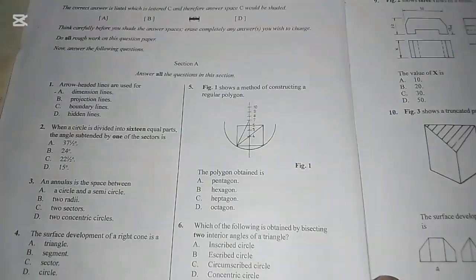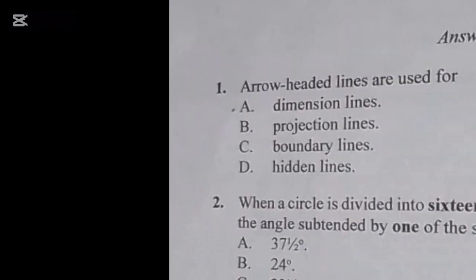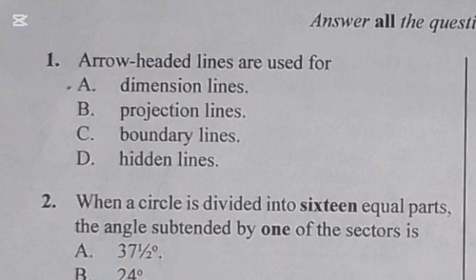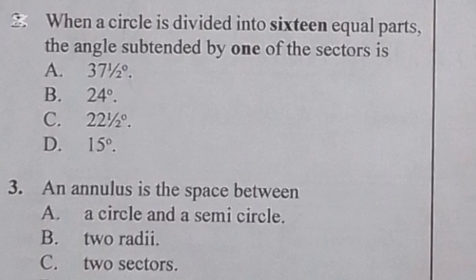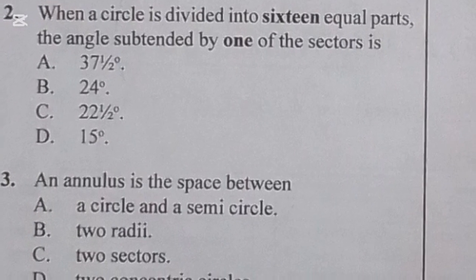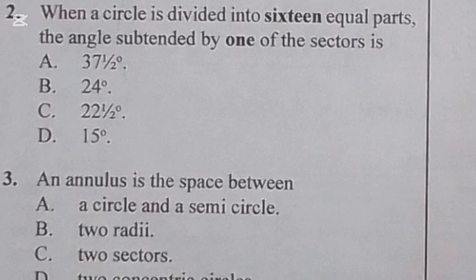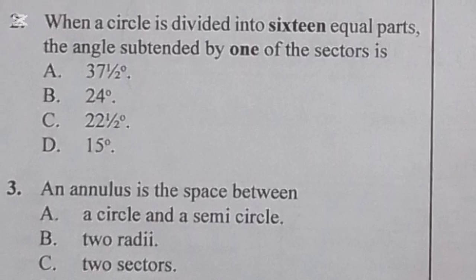So let's begin. Question 1. Arrow-headed lines are used for A. Dimension lines, B. Projection lines, C. Boundary lines, D. Hidden lines. The correct answer there is A, dimension lines. Question 2. When a circle is divided into 16 equal parts, the angle subtended by one of the sector is